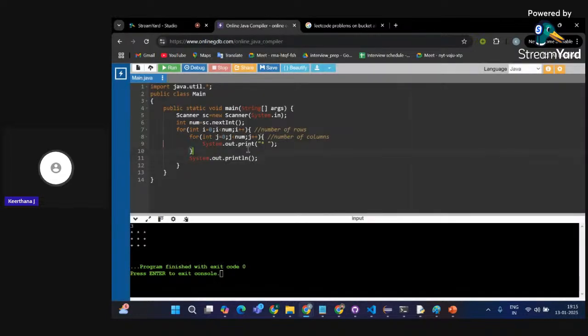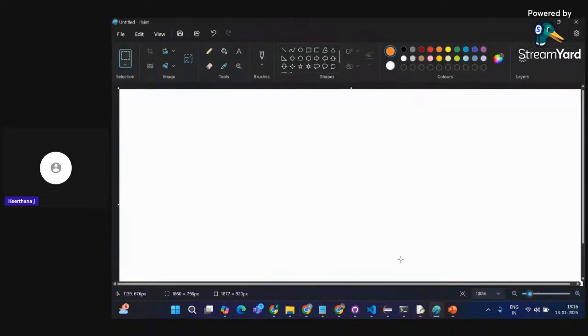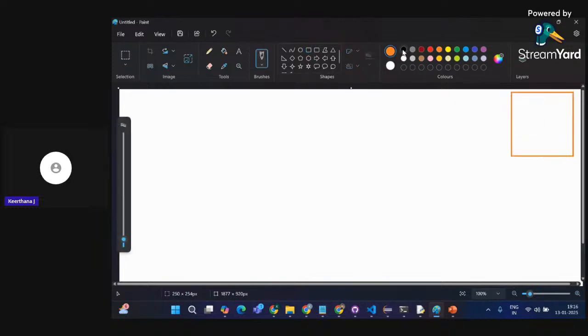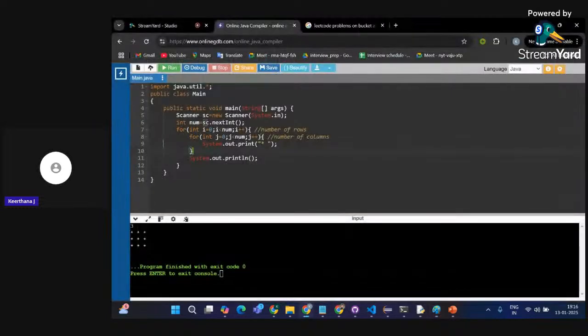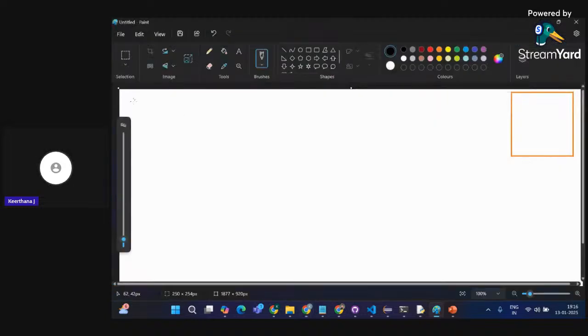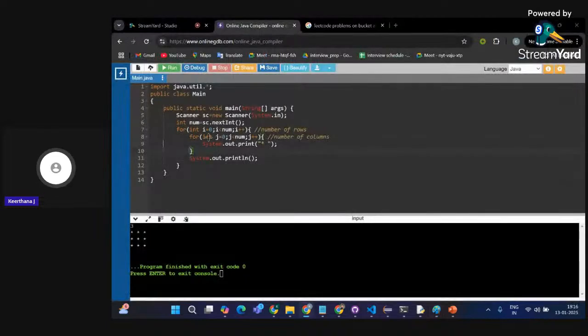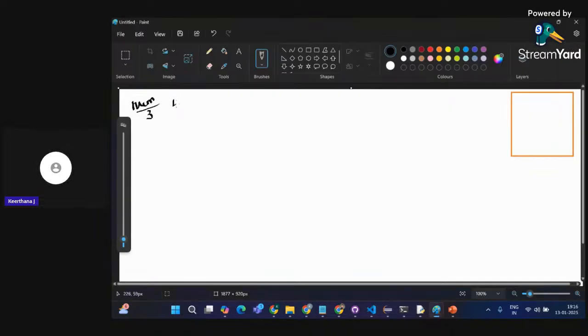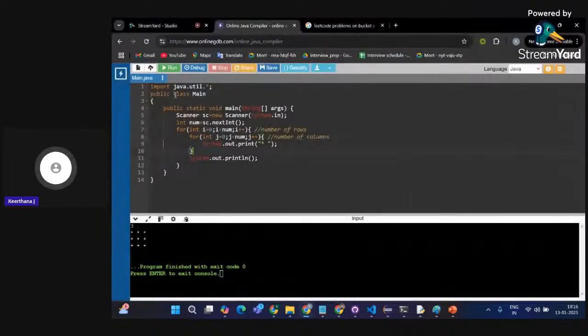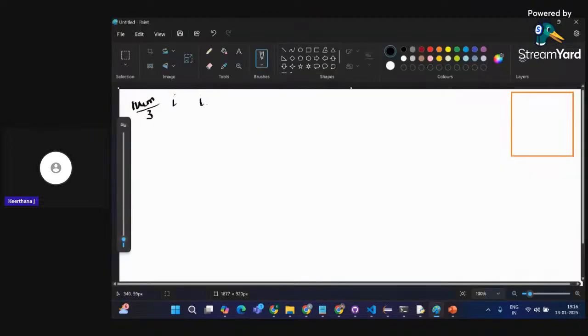Okay. So yes, let this be my output. So the variables which I'm going to use: num. Let's suppose the num value is going to be 3, and my i value, I want to check if my i is less than num.